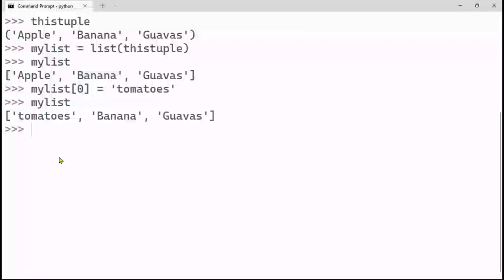Okay, so I can also actually do dot append. Okay, I can add more information. Dot append by adding